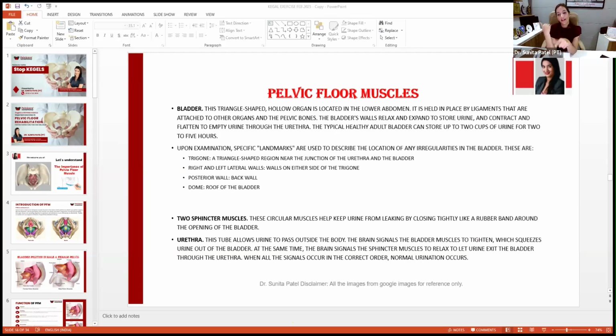It means the PERFECT scale testing: power, endurance, repetition, can only be done on cases of 3 plus, where there is a fair squeeze going on. Otherwise, you cannot go for even the PERFECT squeeze testing. If the patient is 0, 1, or 2, you can't go for the second scale assessment. So it is very, very important to understand the depth of the pelvic floor before you prescribe something to your patient.